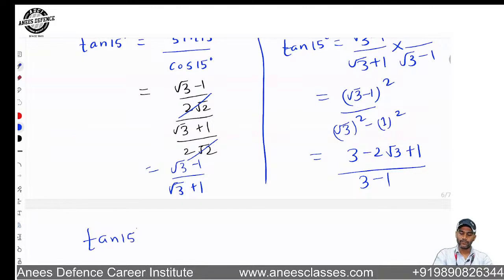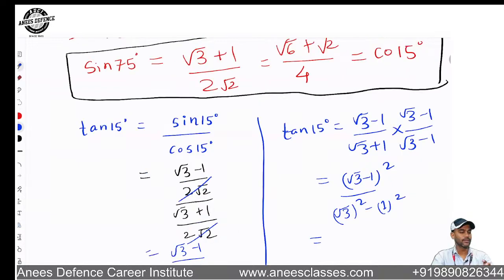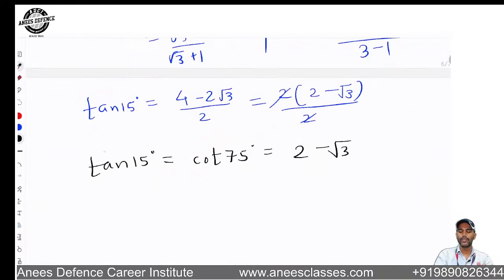15 is equal to, tell me, 3 plus 1, 4. 4 minus 2, root 3 divided by 2. Now, can I take 2 common here? You'll get 2 minus root 3. I hope it is clear. Now,